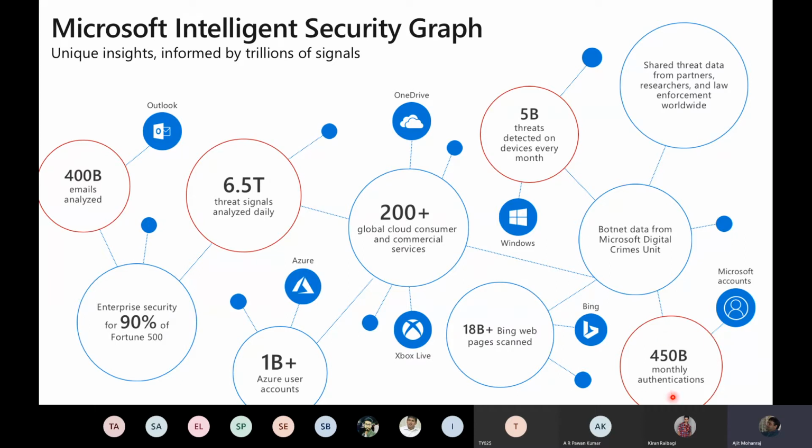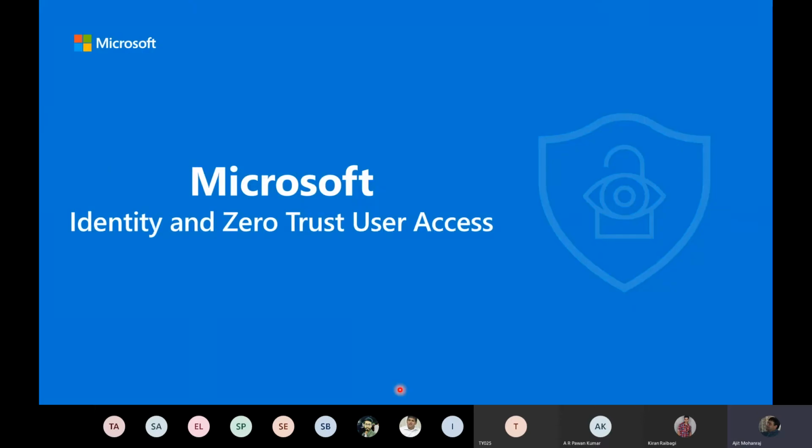Look at the number of monthly authentications, 450 million monthly. Why am I talking about all these figures? The point is they run Xbox, they run OneDrive, they run the consumer version of Outlook, etc. The kind of telemetry of information they have, right? They are able to be very much up there in the front in terms of detecting any new attacks, any new behaviors, any new malware, right? And when you actually upgrade into EMS and Windows 10 and all of that stuff, you get this Microsoft intelligent security graph backing you big time, right?